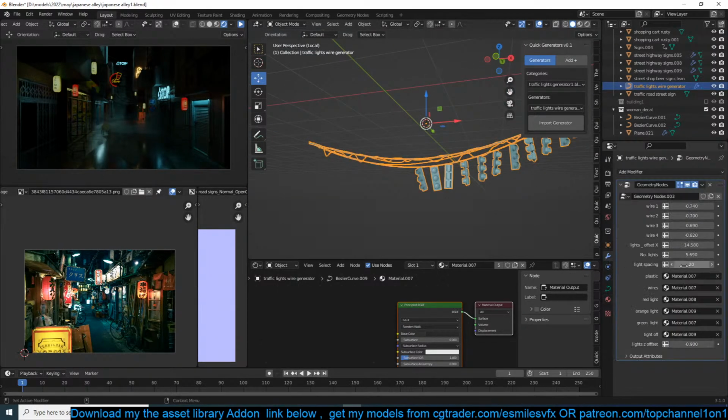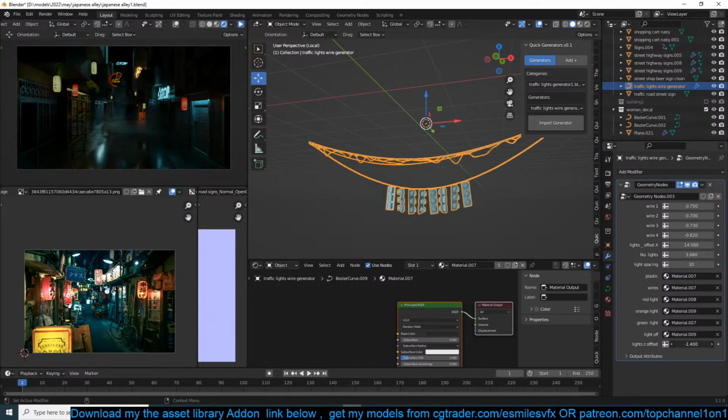You can basically control where the lights are, how many lights you want, and how much sagging there is in the wires.